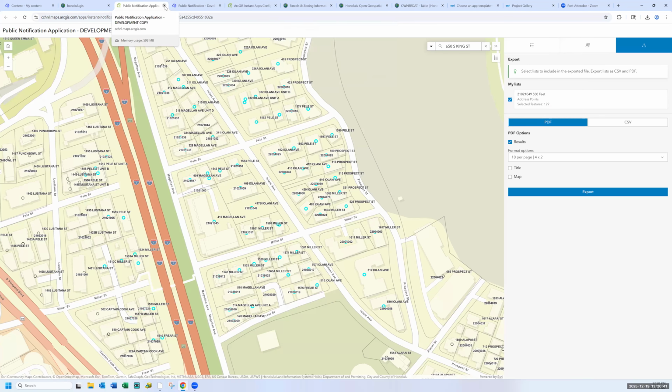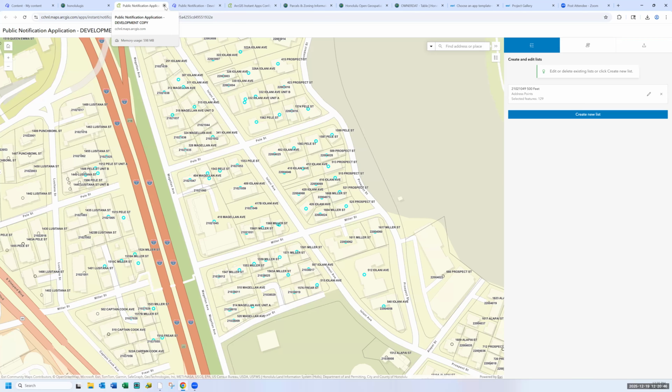For instance, when the liquor commission is supposed to notify, if there's going to be a bar or an establishment that sells liquor, they're supposed to notify the owners of parcels within a certain radius. So they might need the mailing addresses as opposed to the structure addresses.